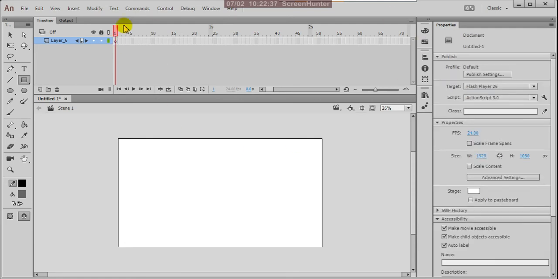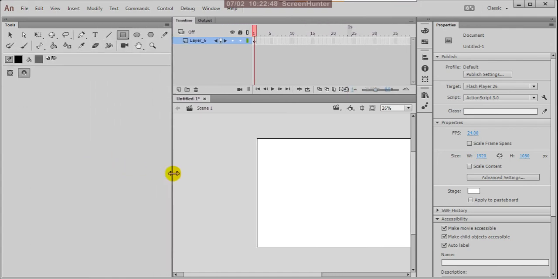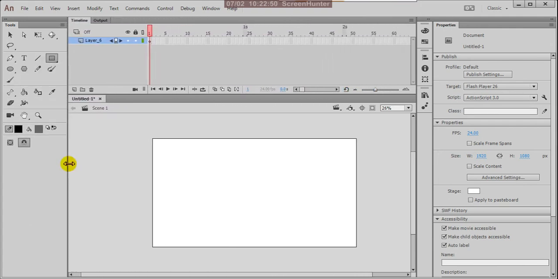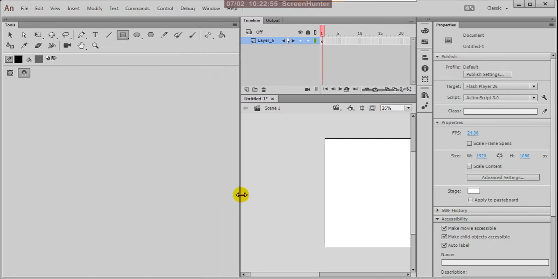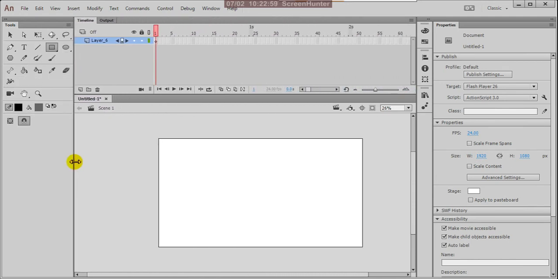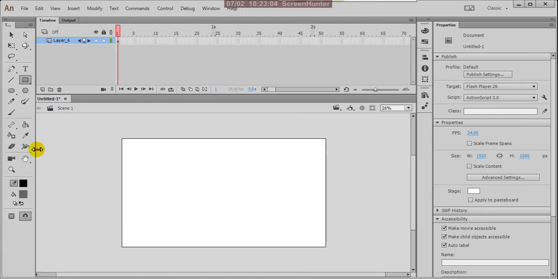So this is about the timeline, and see here these are the tools. We use these tools. See, you can drag this, so your tools area is increasing, and you can make it in one line also, or otherwise double line. For timing, you can make it in double lines.